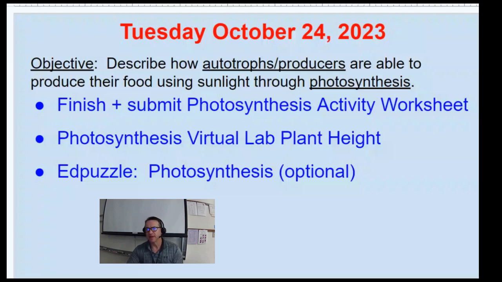All right. Good morning, everybody. Second period and fourth period. I'm out this morning because I'm at a meeting at the district office, but this is our schedule for today,